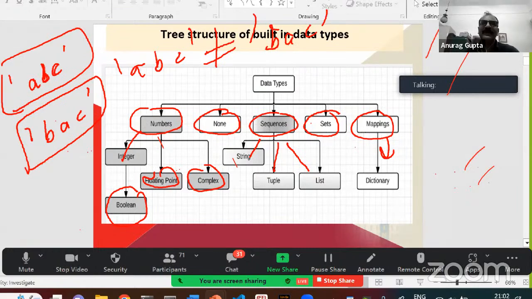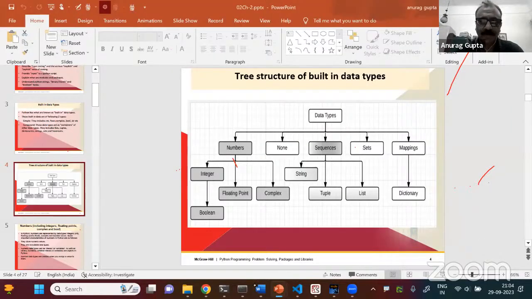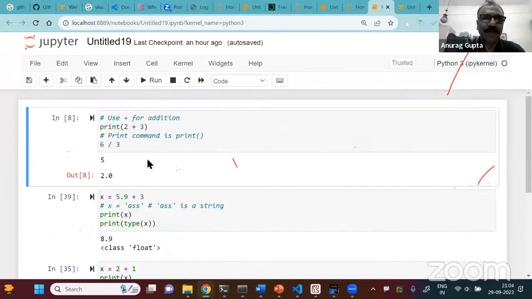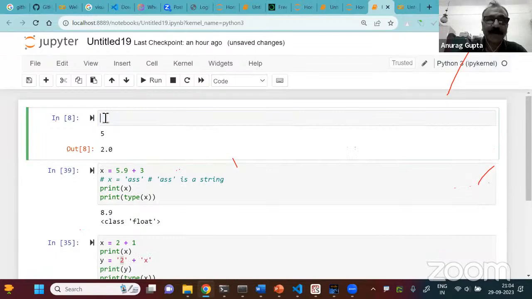However, sets and mappings are data types in which the order of the data is not important. Mappings, sets, you understand. For example, if the sets in Python are used with curly brackets, no, sorry, they're used with round brackets. So if I write 1, 2, and 3, let me just show it to you. It's a better way of learning than just talking theoretically about it. So let us just do it. Right. A equal to